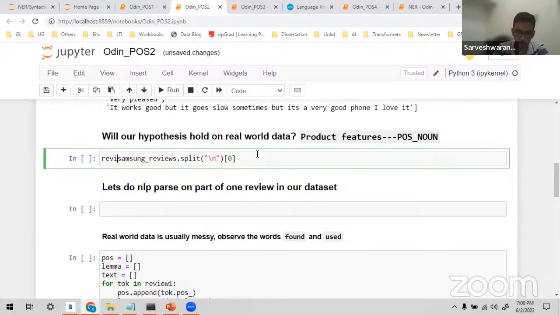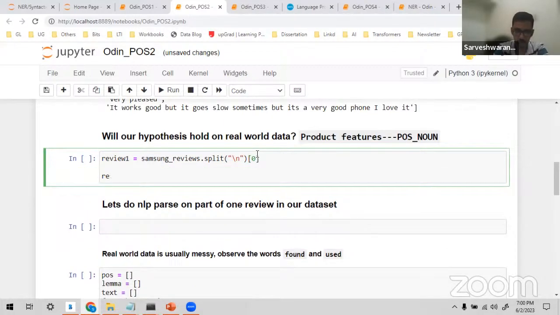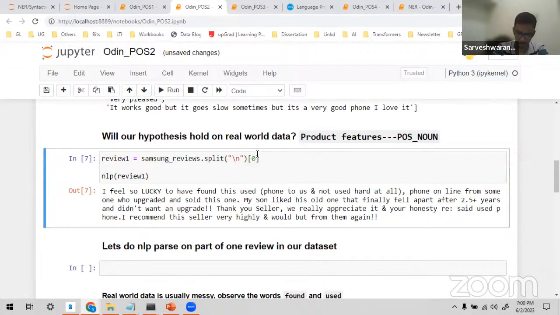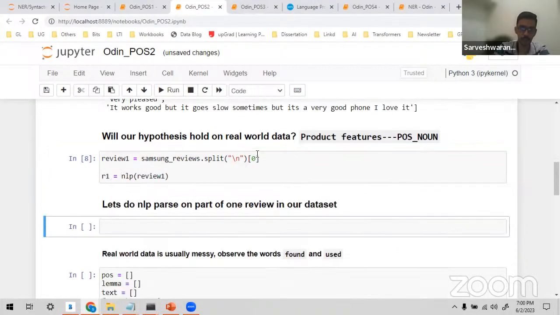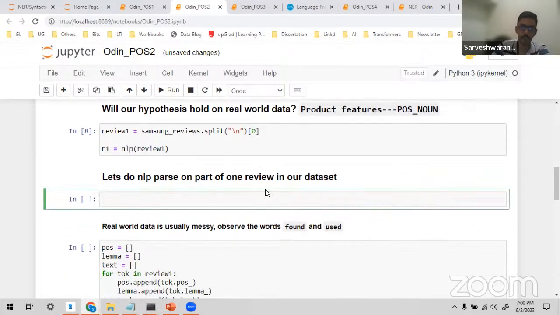The review 1 is equal to NLP of a review. Okay, so let me tag it as R1. Now let's do NLP parse on part of one review in our data set.